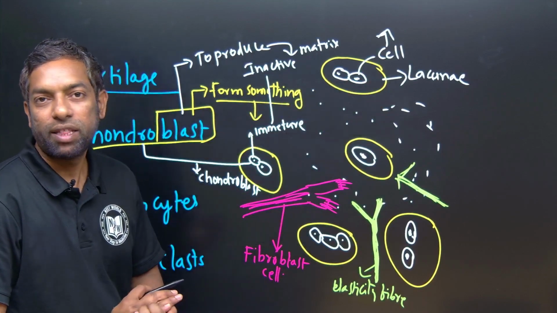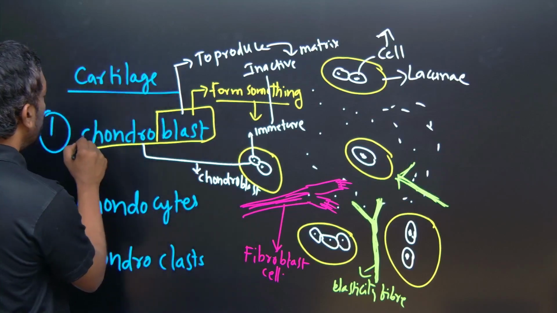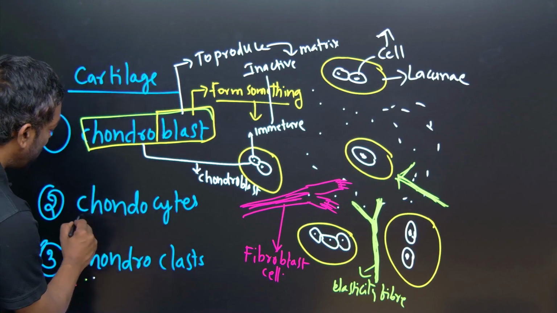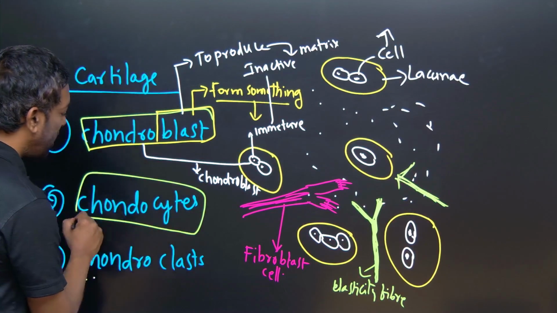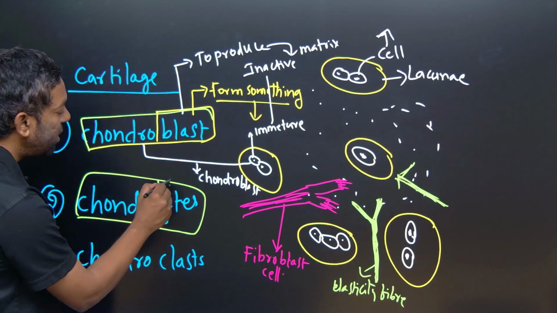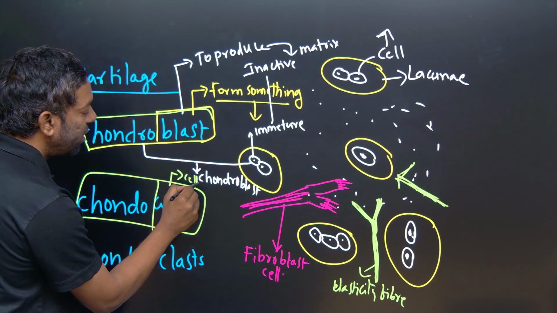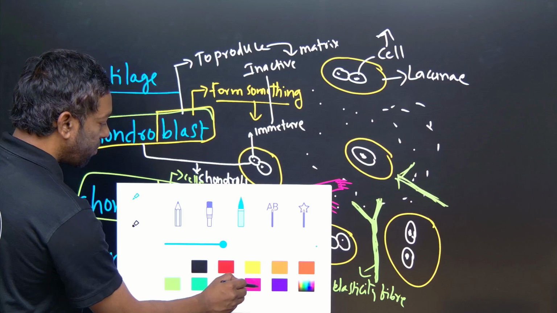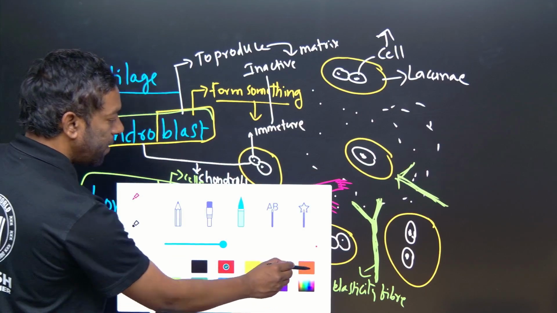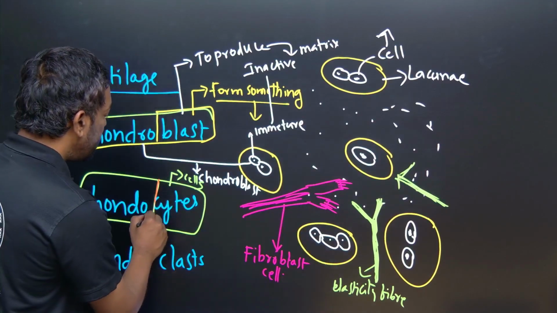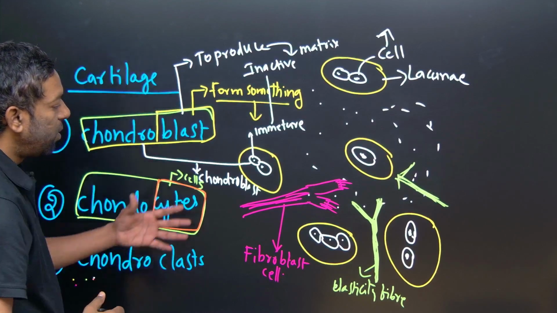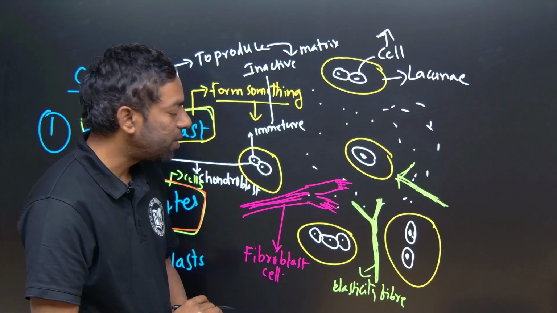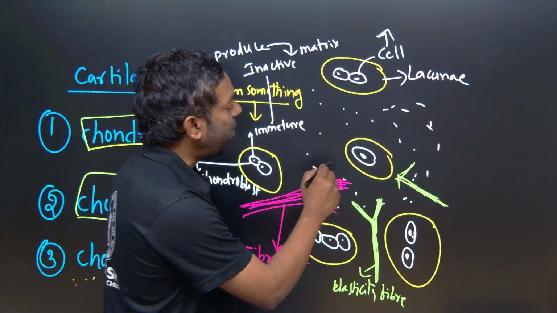There are cells within the lacunae. The cells are called chondroblasts. What about chondrocytes? Cytes mean cells. Guys, just look into this. These cells are the chondroblasts. Where are the chondrocytes? These chondroblasts